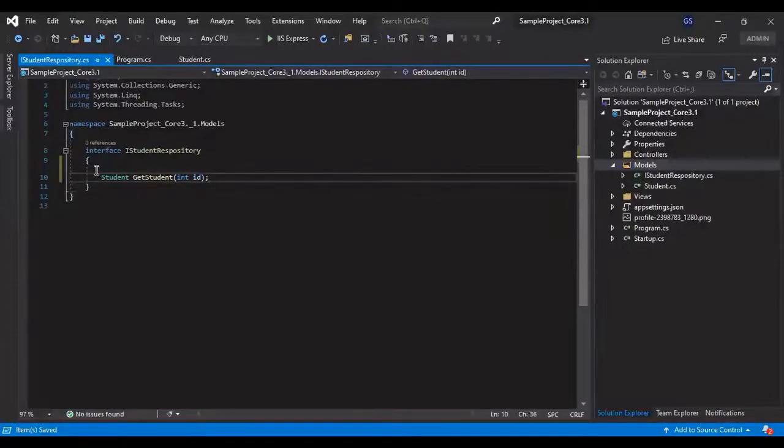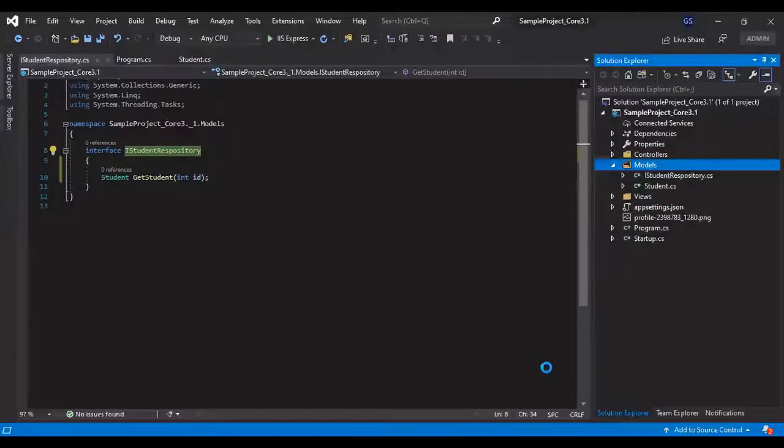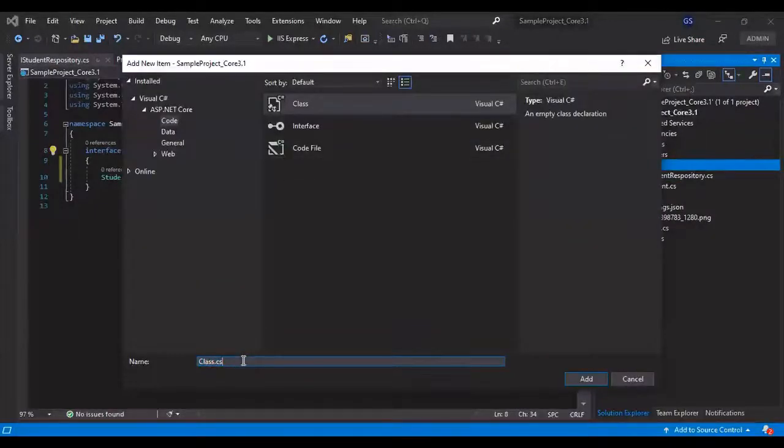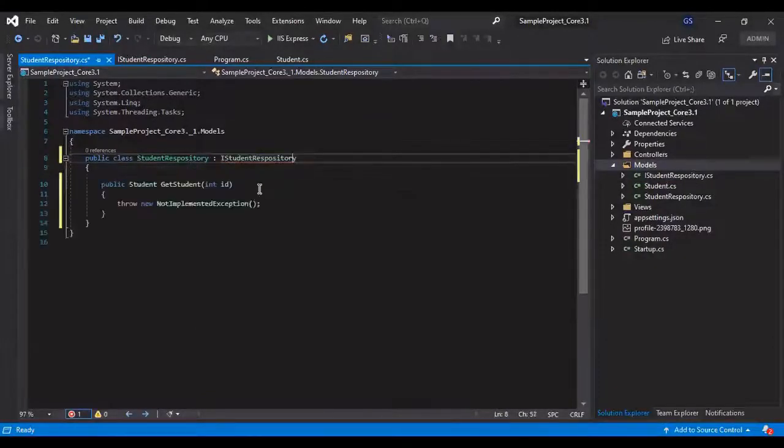Okay. So now we need another model to implement this interface. Let's add another class here. We'll call it StudentRepository, and we implement our IStudentRepository here. Let's implement it.